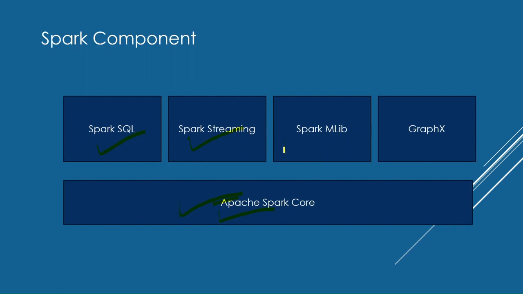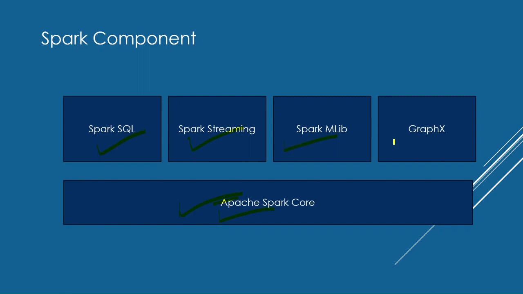Let's discuss Spark Machine Learning or Spark MLlib. Spark MLlib is a distributed machine learning framework on top of Spark because of the distributed memory-based Spark architecture. According to a benchmark done by the MLlib developers against the alternating least squares implementation, Spark MLlib is 9 times as fast as the Hadoop disk-based version of Apache Mahout. So it is very fast.